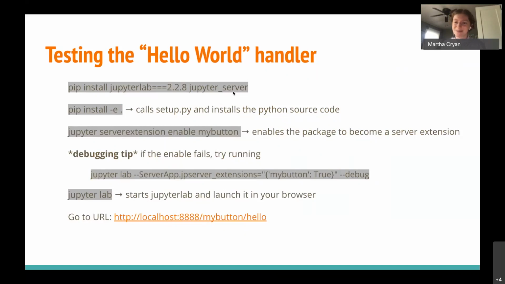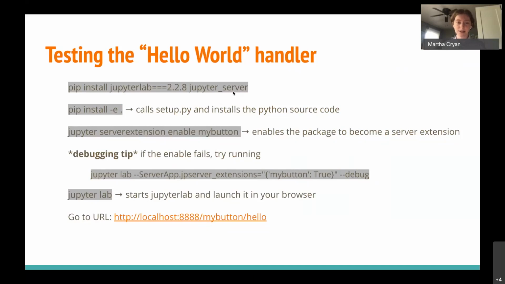Make sure you remember the period. That will call the setup.py that we were talking about and install that Python source code on your machine. And then we have jupyter server extension enable my button, or if you changed the name, it would be whatever your extension name is. And that's going to add this into the Jupyter configuration